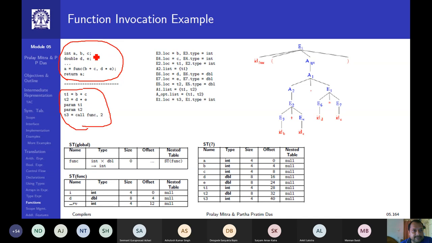Because I am assuming that this is outside, in the global scope. But if I assume this is inside some function, then these variables will be in the symbol table corresponding to that function. That's why here you see ST question mark. ST question mark indicates that